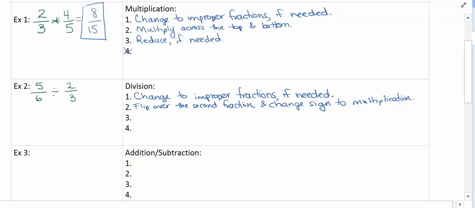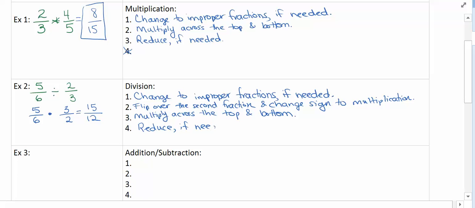Okay, so let's go ahead and take these steps. So first fraction is going to stay the same. Second one, we're going to flip over and change our sign to multiplication. And then we're going to go ahead and do the same thing as before. So we're going to multiply across the top and bottom. Okay, and then so we'll do that. So 5 times 3 is 15, and 6 times 2 is 12. And then the last step is reduce